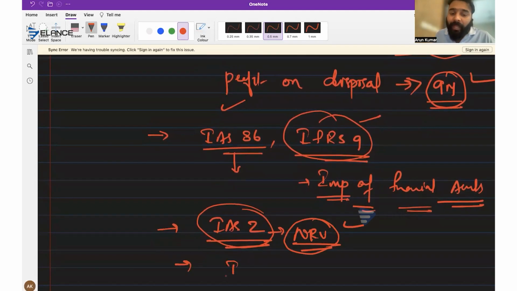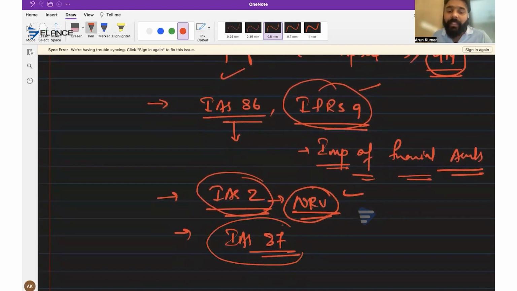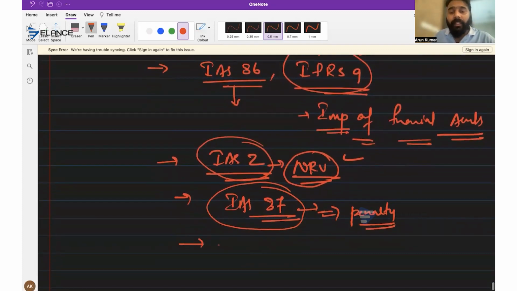Then sometimes we may have to pay some penalties for not meeting the environmental criteria. The government will introduce some new environmental laws, and obviously we may breach them. So we have to mention IAS 37 in case we have to pay any penalty. And if there is a higher threat that the company has some going concern issue, that will come under IAS 1, that is, going concern issues need to be mentioned.